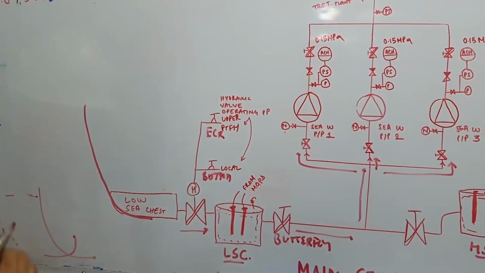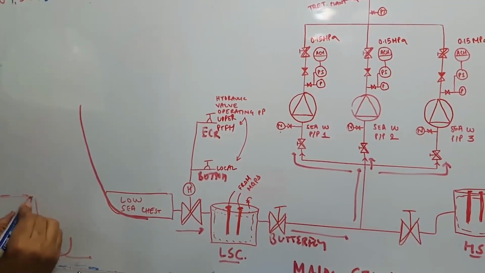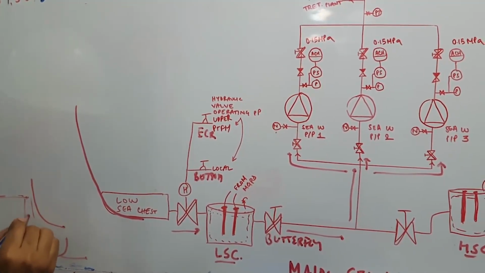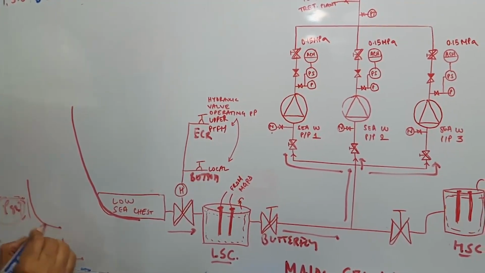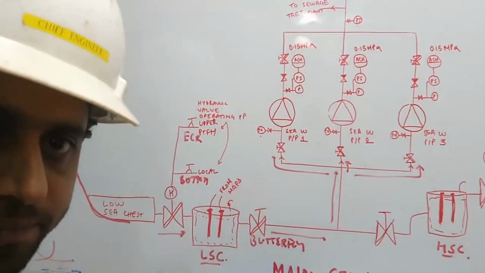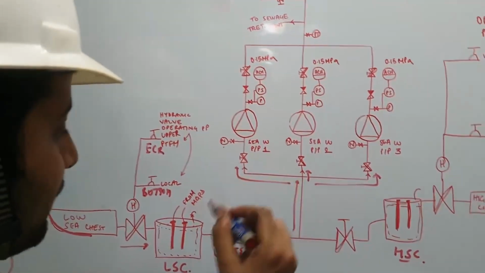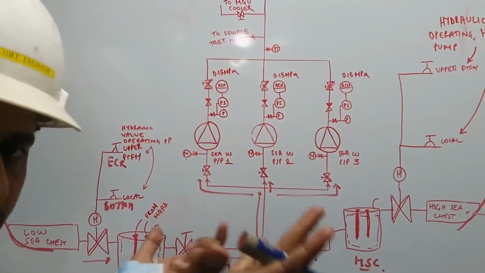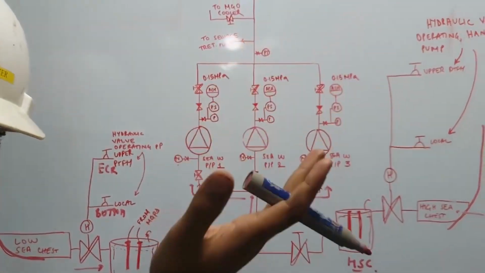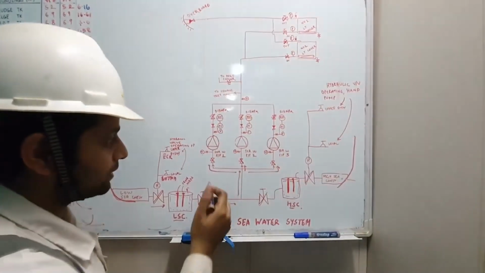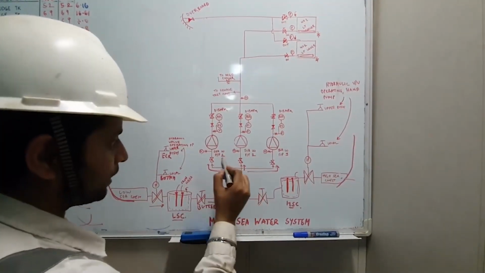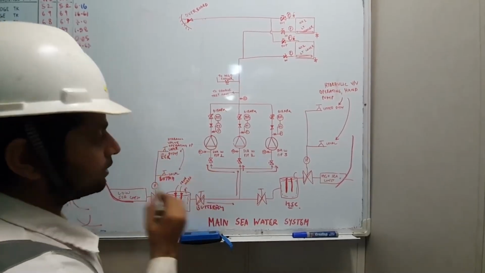But if your ship is in ballast condition, then if the seawater is over here, your ship will be like this only. So only this much rho g h will be there. Copy it, guys? So the suction pressure will decrease over here. Understood? So now your suction pressure depends on two factors: whether your ship is loaded or in ballast, depending on the outside seawater level with respect to the line over here, and second, whether this filter is choked or not.